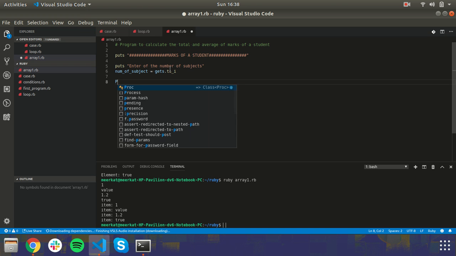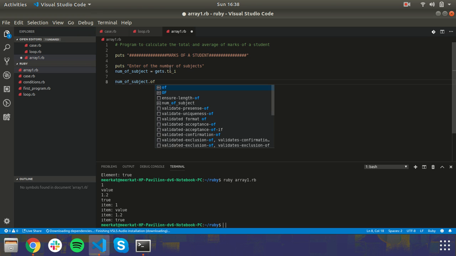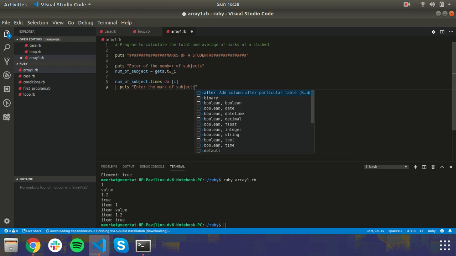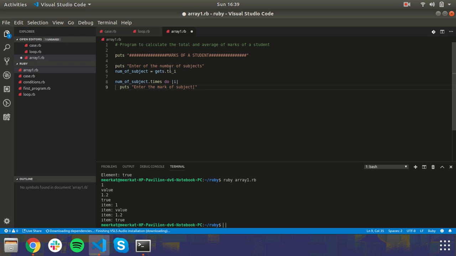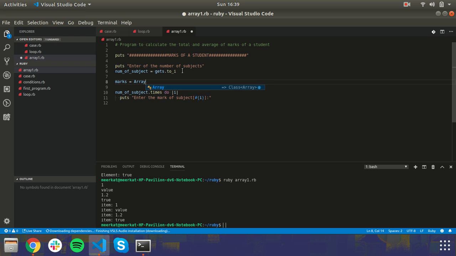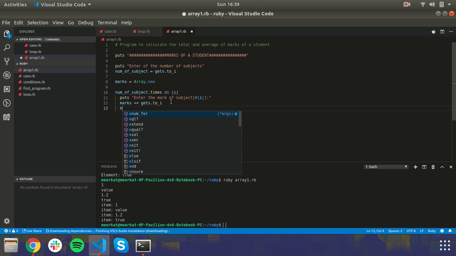then puts, let's say, number of times to i. The mark of subject i. Then let's initialize an array here. Let's call it marks. And here what we're gonna do is marks get us to i. Okay, now